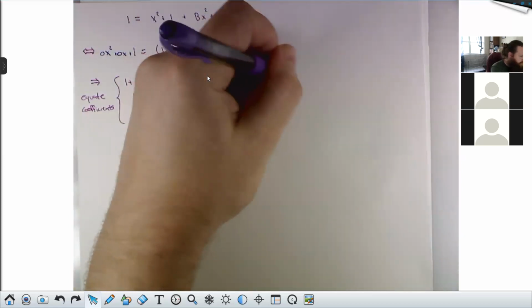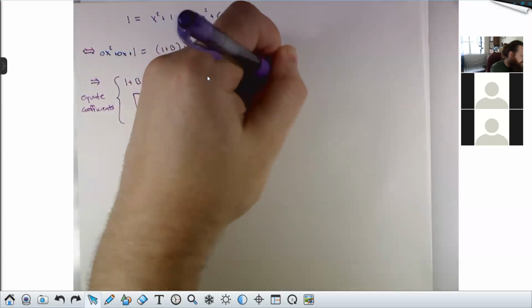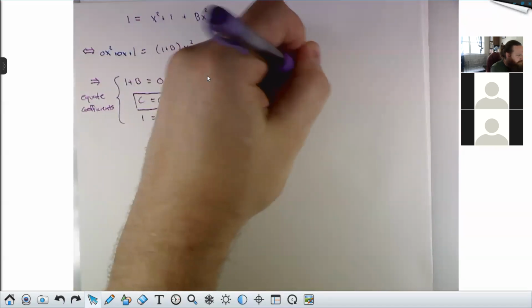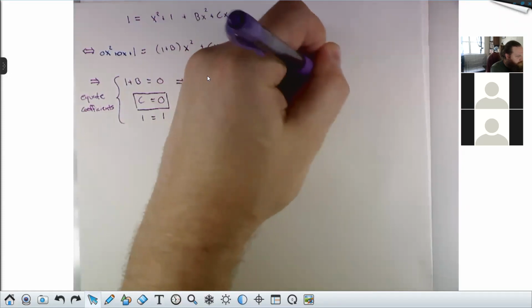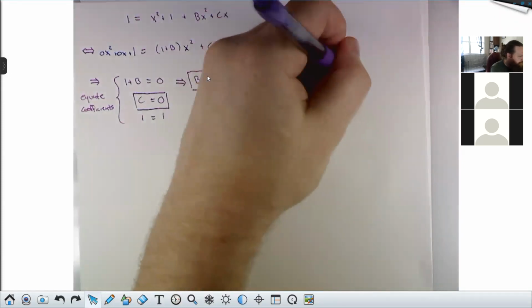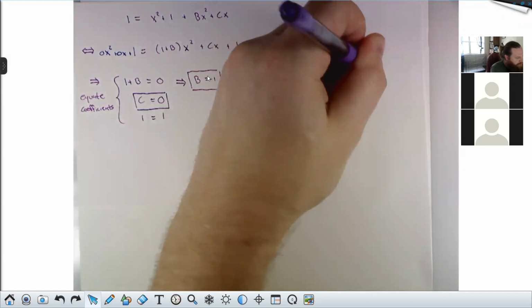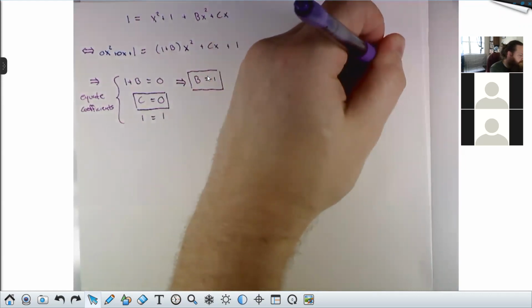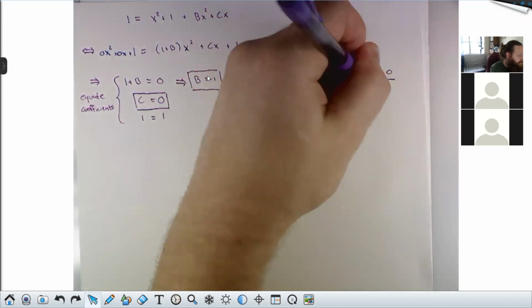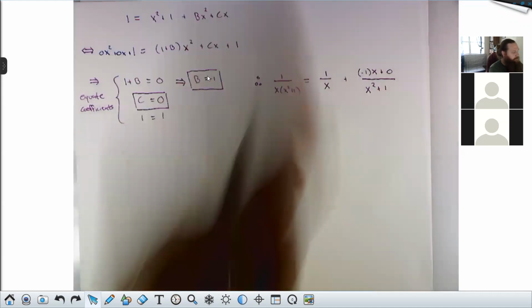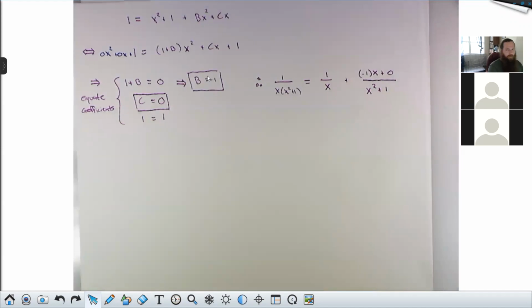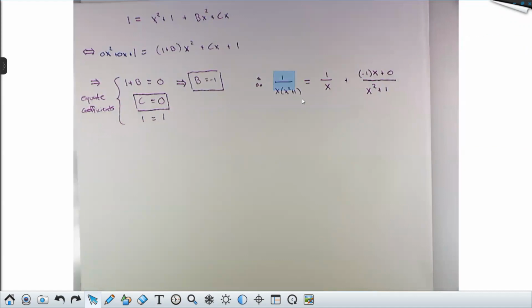is that 1 over x times x squared plus 1, my original function, is equal to A over x, which is 1 over x, plus Bx plus C, which is -1x plus 0 over x squared plus 1. This is the result of the partial fractions. So if I want to integrate this, it suffices to integrate this because they are equal. Now, the right-hand side, of course, nobody would write it like that. We can clean that up